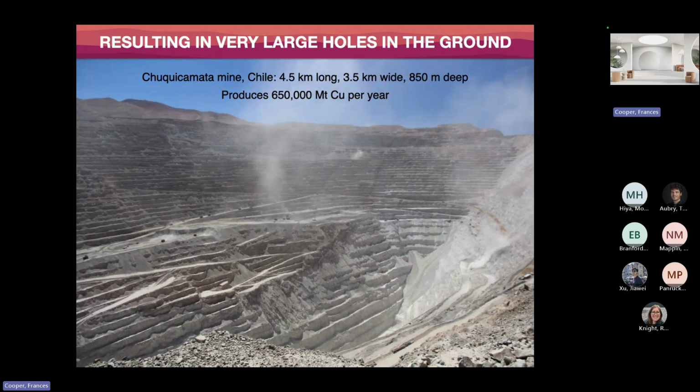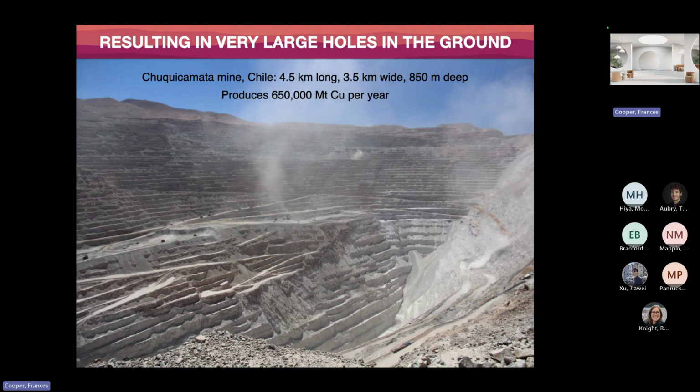So this is the photo I took at Chuquicamata, which is one of the biggest copper mines in the world in northern Chile. 4.5 kilometers long, 3.5 kilometers wide, and 850 meters deep at the time that I went, and produces about 650 megatons of copper per year. And the year I went, I think this was in 2014, they were actually just in the process of switching